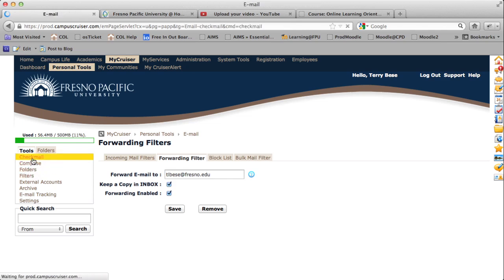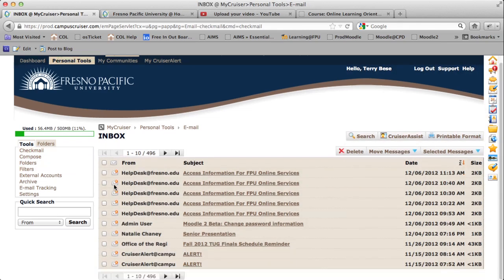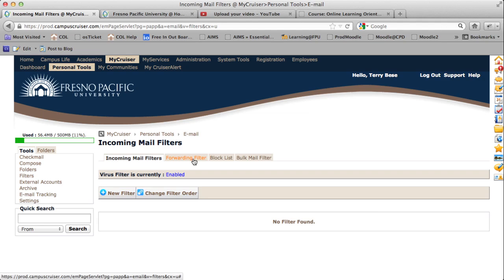So if you have, for instance, an email account that you check on a very regular basis, but you're not sure that you're going to be able to check your CampusCruiser email all the time, it's a great idea to go here to the filters and then to the forwarding filter and add in that extra email address and forward your mail. I'm going to go back to the dashboard now,